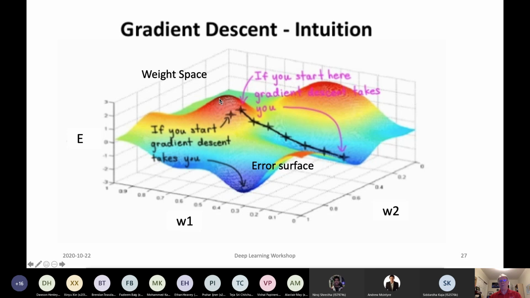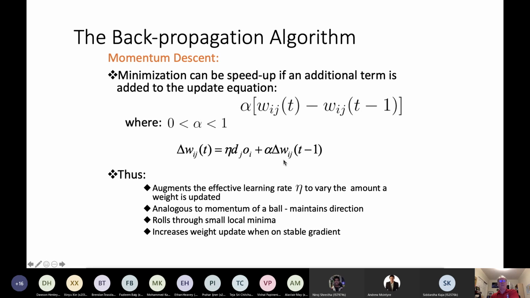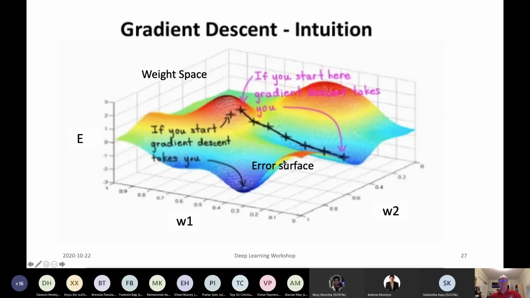Now, if you ended up here, you might go in this direction and maybe not land in such a great spot, or maybe it takes you longer to train to get to a good spot. There is no convergence proof for this algorithm. There's nothing to say that you're going to arrive at a point that's going to be a great solution. So oftentimes you have to rerun the algorithm several times before you do get to a sweet spot, a minimum. We talk about local minima and global minima in the error surface. But that's what you can think about what's going on in the neural network as it trains. There are many different variants of this algorithm.